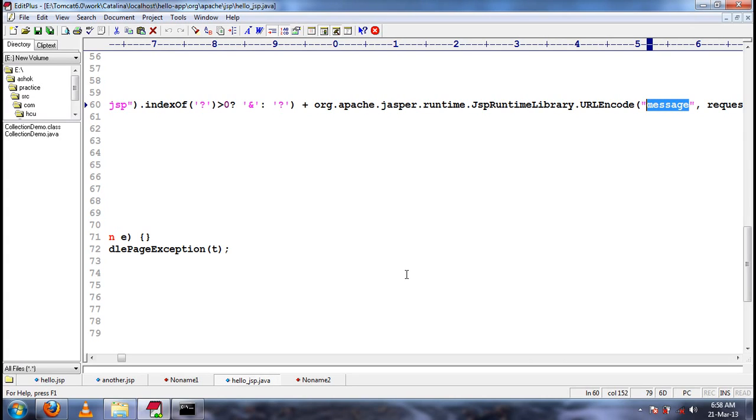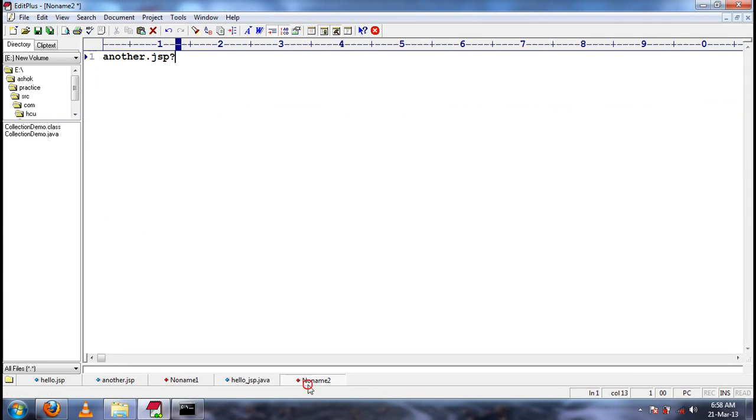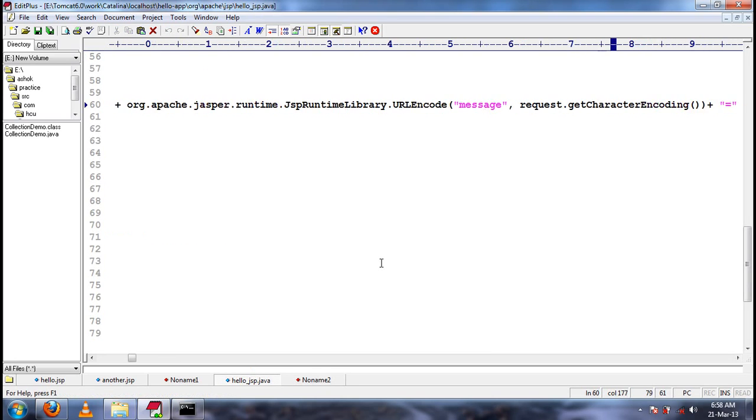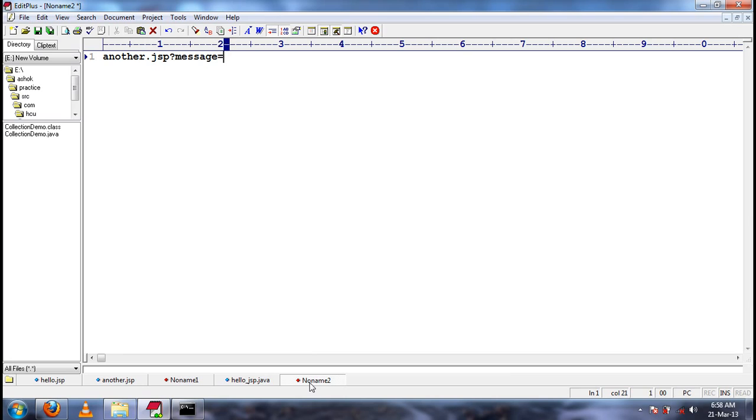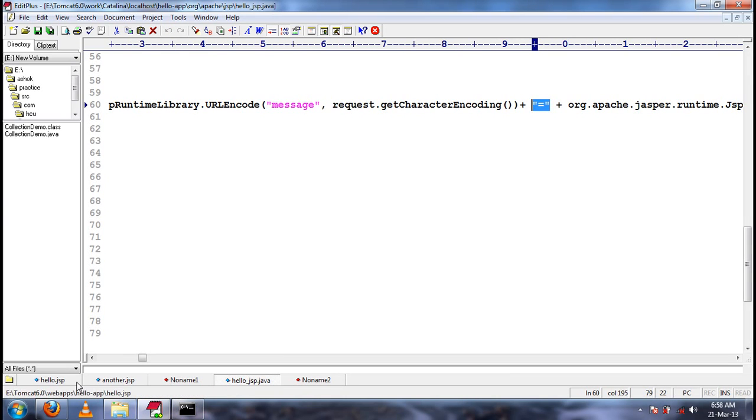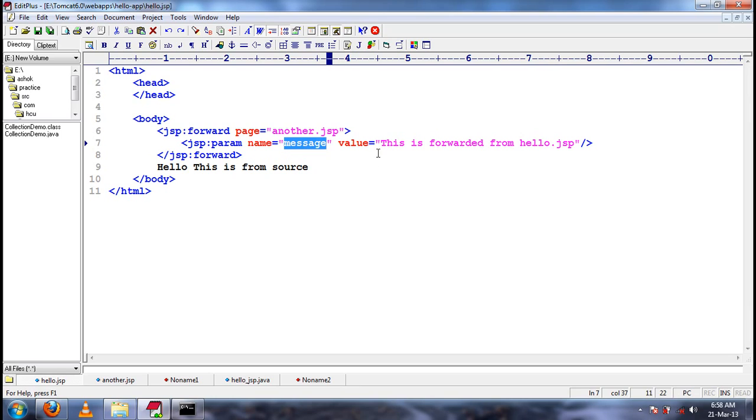If there is any special character like ampersand or question mark, it will be converted, but message will be message even after encoding. Again they append equal to, and then the value. What is the value that we are sending? This is forwarded from hello.jsp.